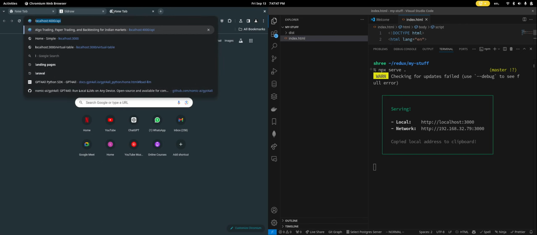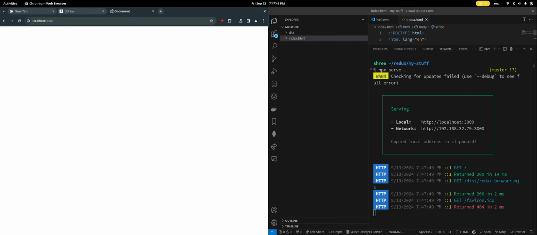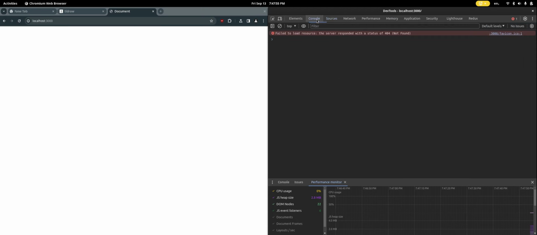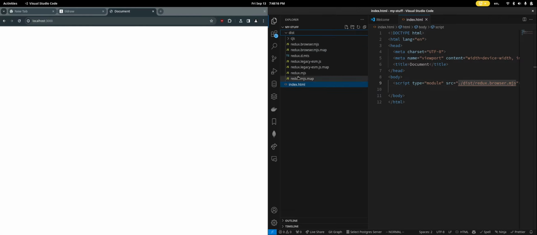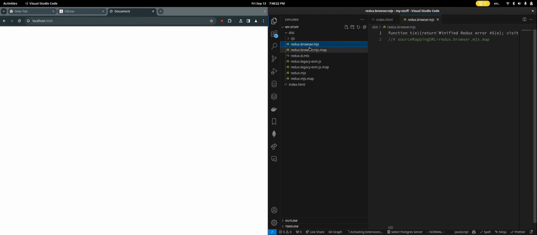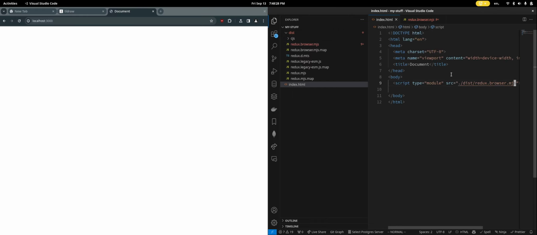Okay, so do I see any errors here? The server responded with status 3 or 4. Okay, so that is for favicon. Baki, everything is there. Is create store there? No. Let's see what's in the dist. I have imported Redux browser MJS. Damn, it is minified. I will try to